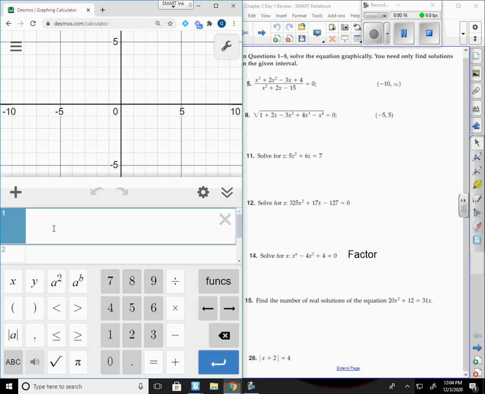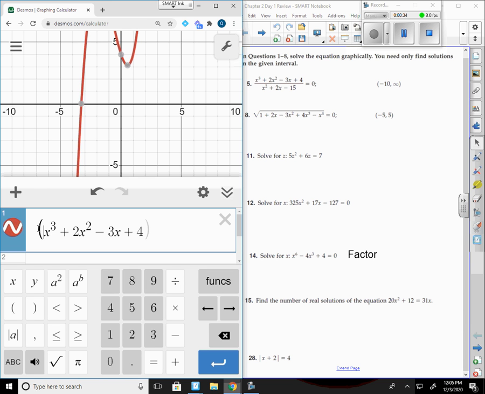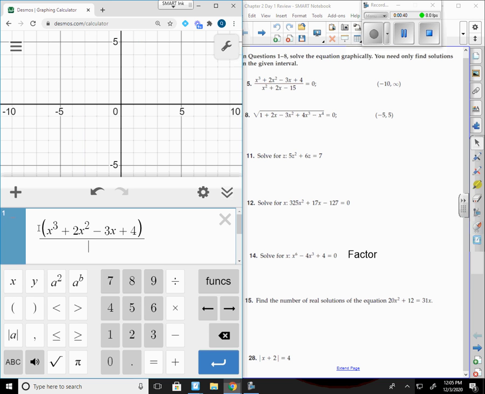X to the third plus 2x squared minus 3x plus 4. I should put all that in parentheses just so when I divide, I make sure that it's all being divided by what I'm trying to divide by. Just a division symbol. Now I see it all went to the top, and then that's over x squared